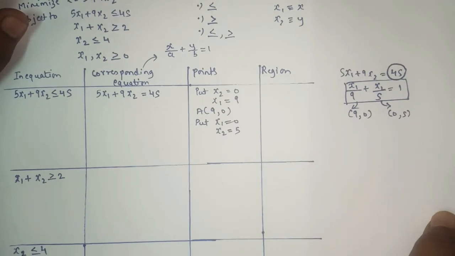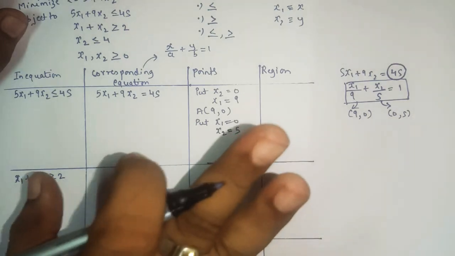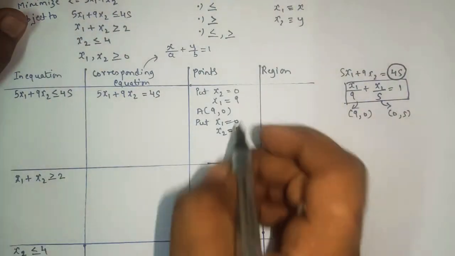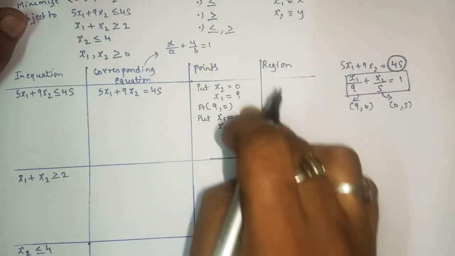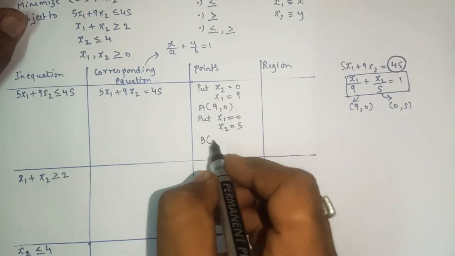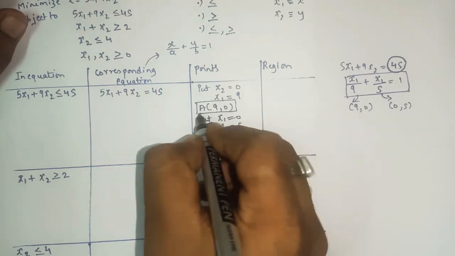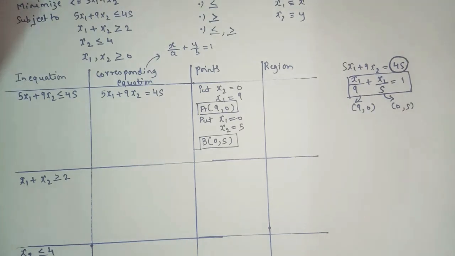Please don't confuse yourself, as here x1 and x2 are there in place of x and y. Don't create problems for yourself. Remember that x1 indicates x, and x2 is y. Be careful while solving the sum, while finding the coordinates. First x1 will come and then x2. So here we got the first and second points for the first linear equation.